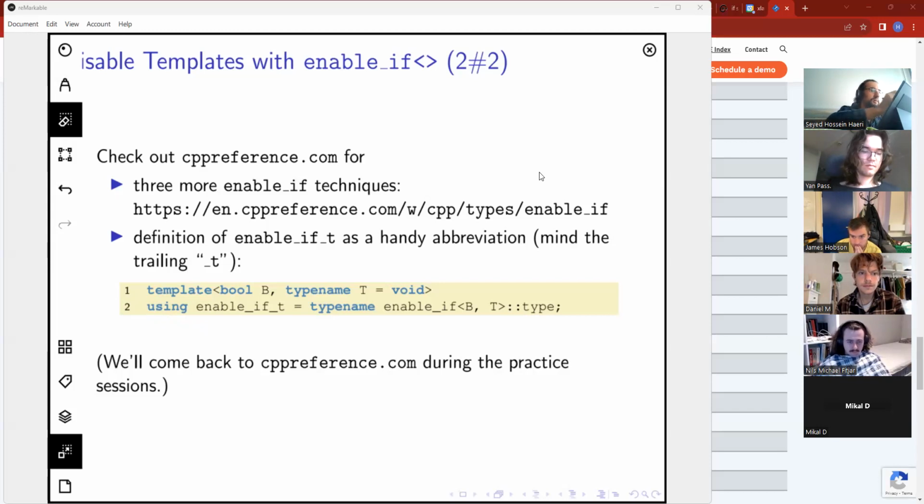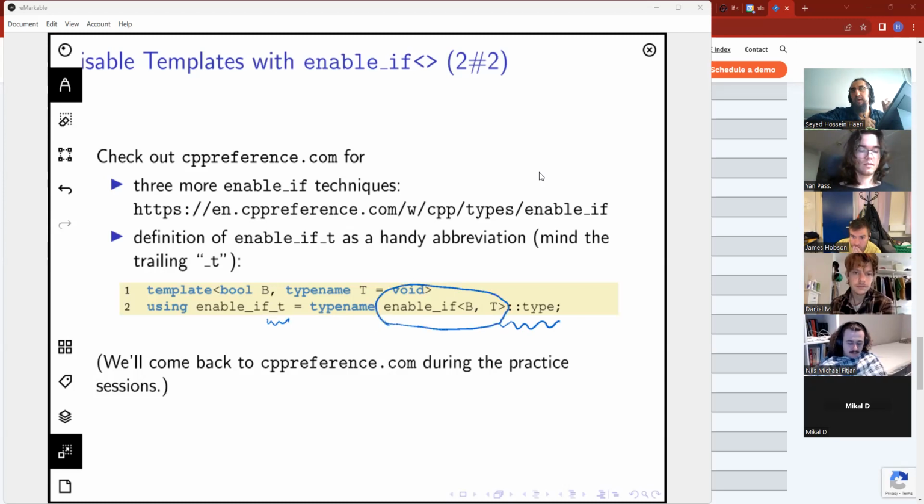So this extra underline T is saying that I would like to have the nested type called type of enable if of B, T. This will become more clear when in the practice sessions we do template metaprogramming ourselves.